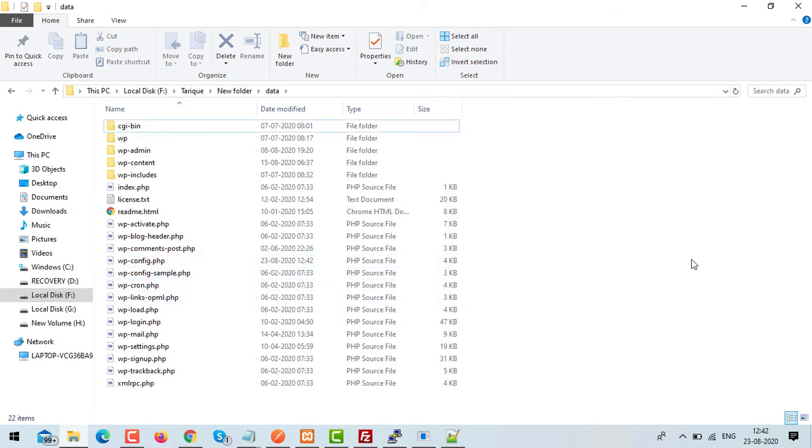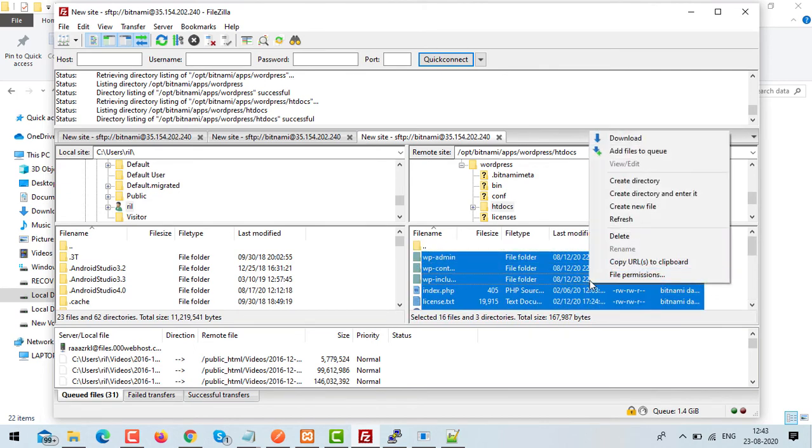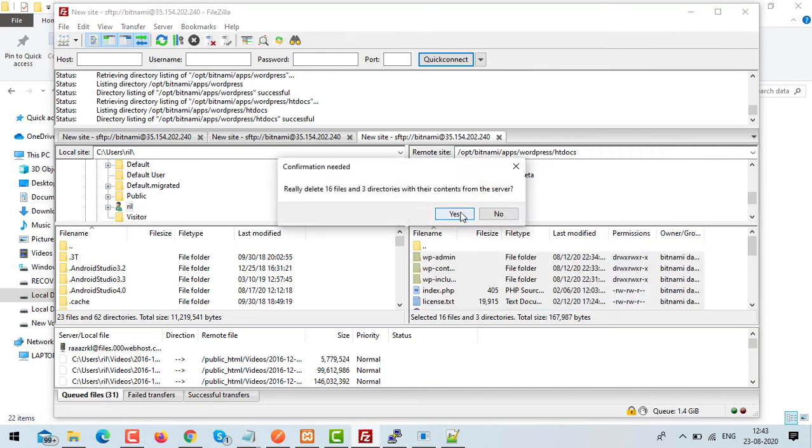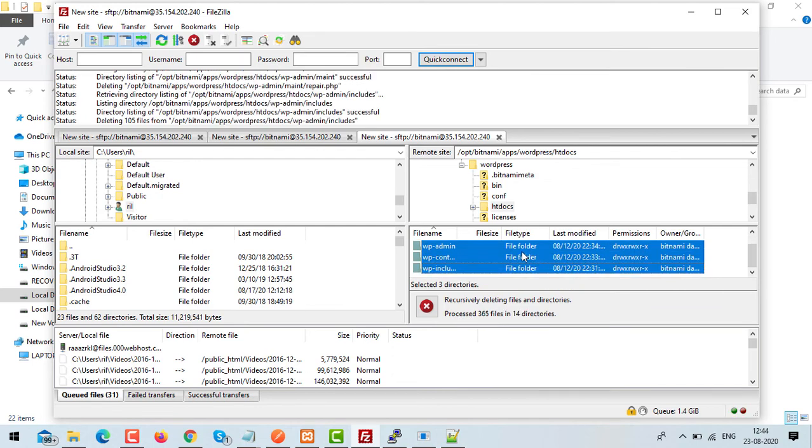So open your FileZilla software. We have already connected with the EC2 instance. So we need to delete all the default files which are available in our EC2 instance. If you delete with the help of FileZilla, it will take a little bit of time. But we have one more option